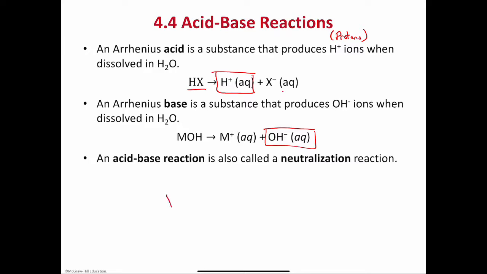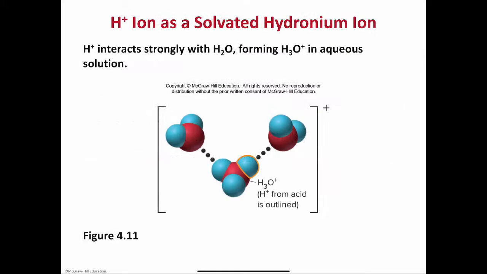But I want to talk a little bit more about this H+, this hydrogen ion that we sometimes call a proton, and about the identity of this very unusual species, because a hydrogen atom is just a proton surrounded by one electron. So H plus is really just a proton, and that's why we call it that sometimes. So with that huge positive charge focused on that little tiny volume, the hydrogen ion attracts the negative pole of